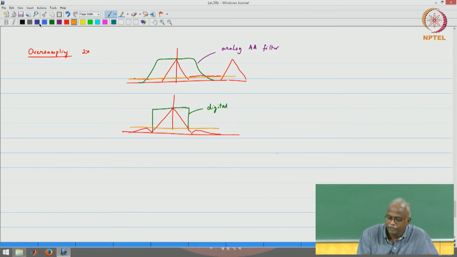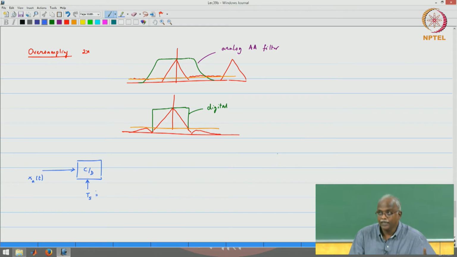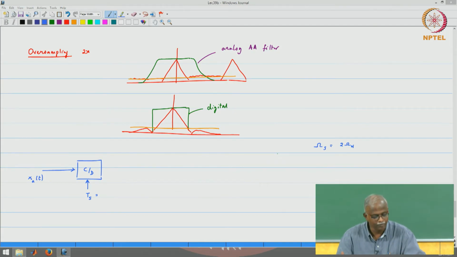So, I have an analog signal x a of t, which is followed by a C to D converter, and this is an oversampled approach. The sampling period, if you were to relate it, let me just write it down here. The sampling period must be at least 2 times omega n, where omega n is the Nyquist frequency, the maximum